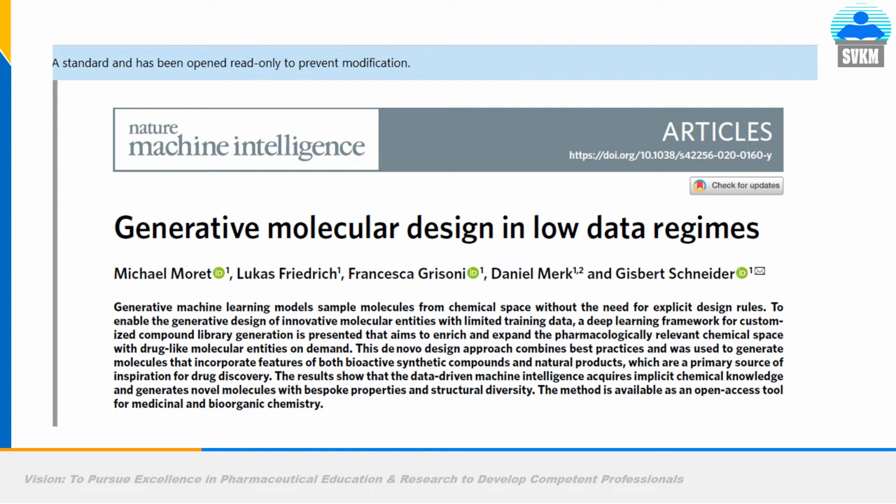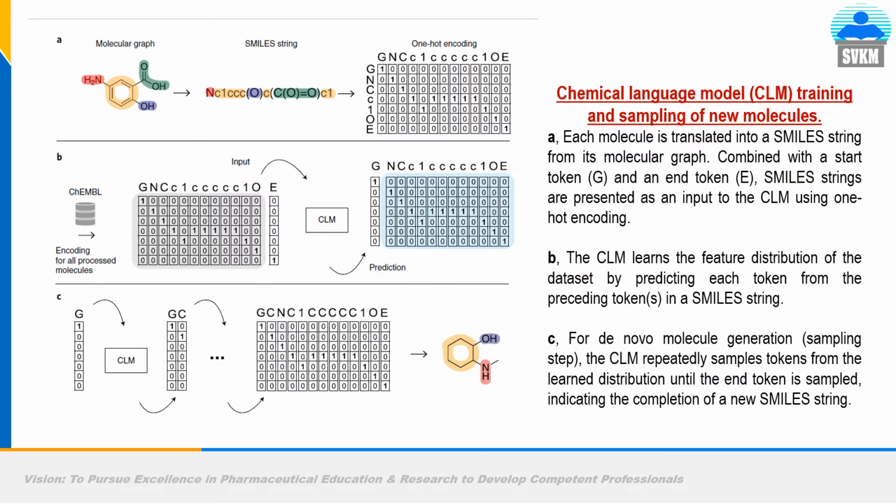In this video, I have taken screenshots of the latest hottest articles from various reputed publishing houses on the topic of molecular representation. This is the paper published in Nature with the title Generative Molecular Design in Low Data Regimes. If you want to learn representation of molecules for generative machine learning or deep learning models, you should read this article which is available on the website. I have taken one image from this paper, and I am thankful to the publishing house. You see three portions of this image, A, B and C.